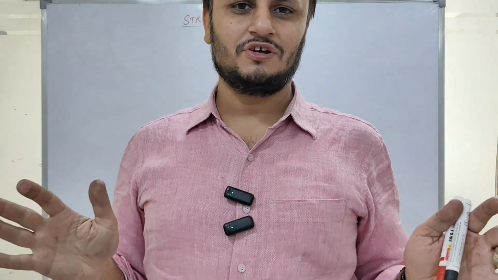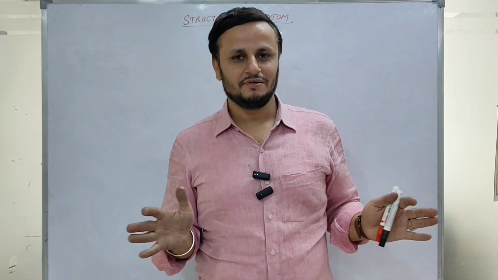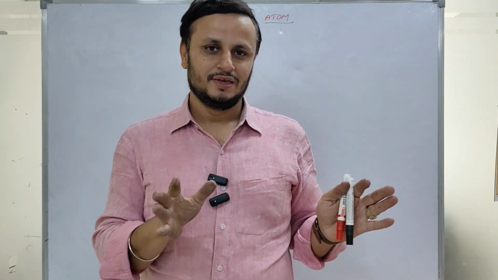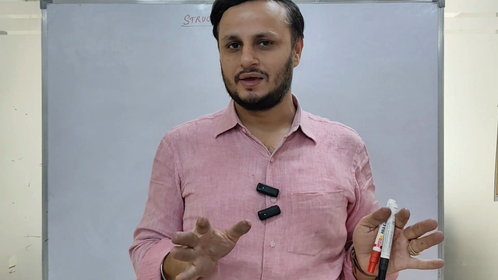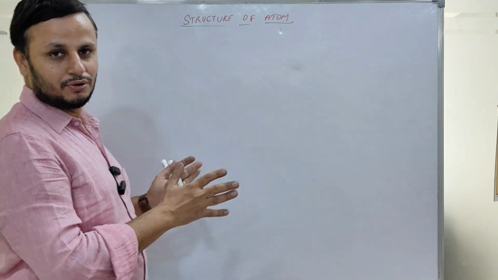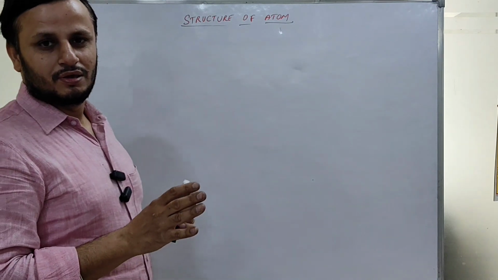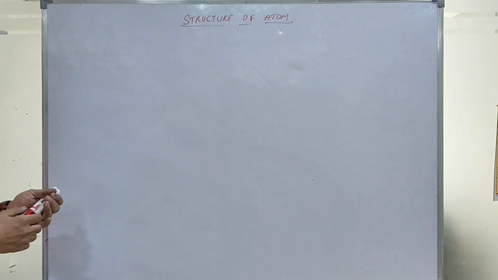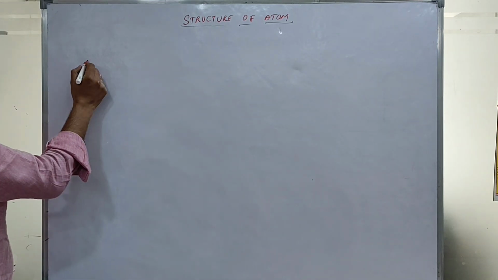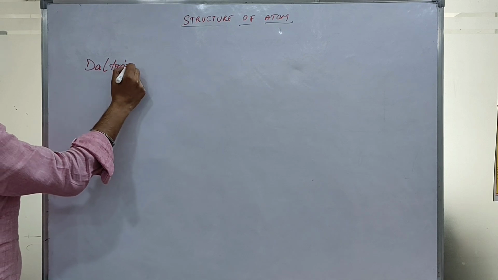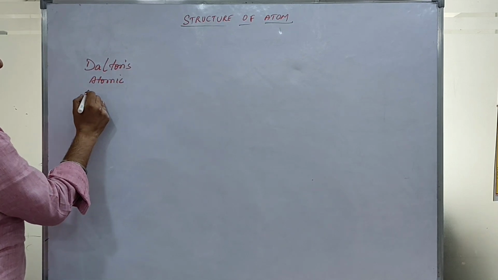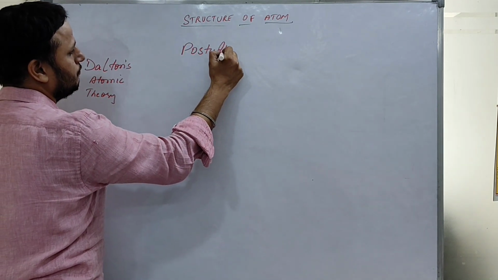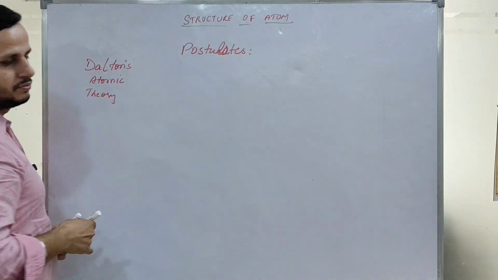So in the last lecture we discussed the present model of the atom, the orbital concept. We saw the 3D models, how atoms look alike. Now we are coming to the history of the atom, a very simple to the complex structure. So history starts with, as I already summarized, Dalton's. So Dalton's atomic theory. The main postulates of Dalton's atomic theory are the